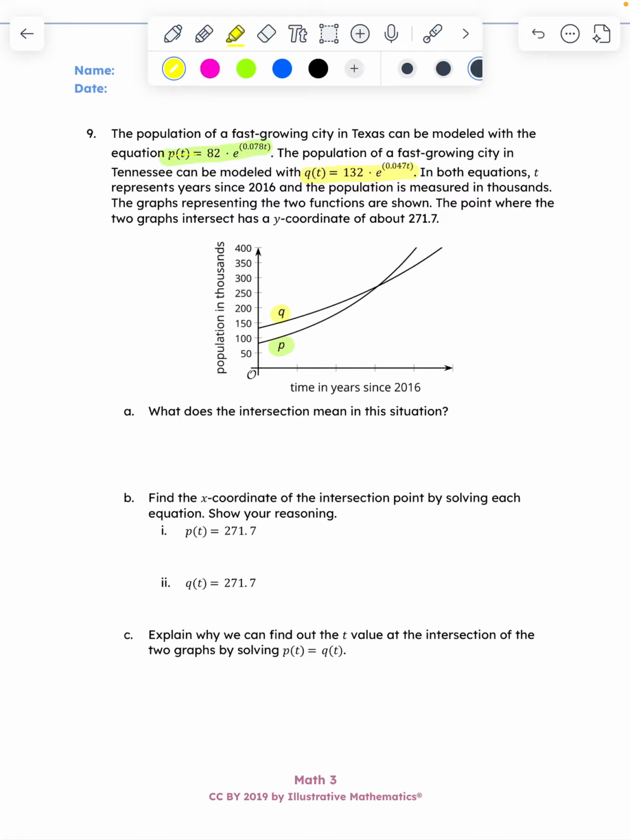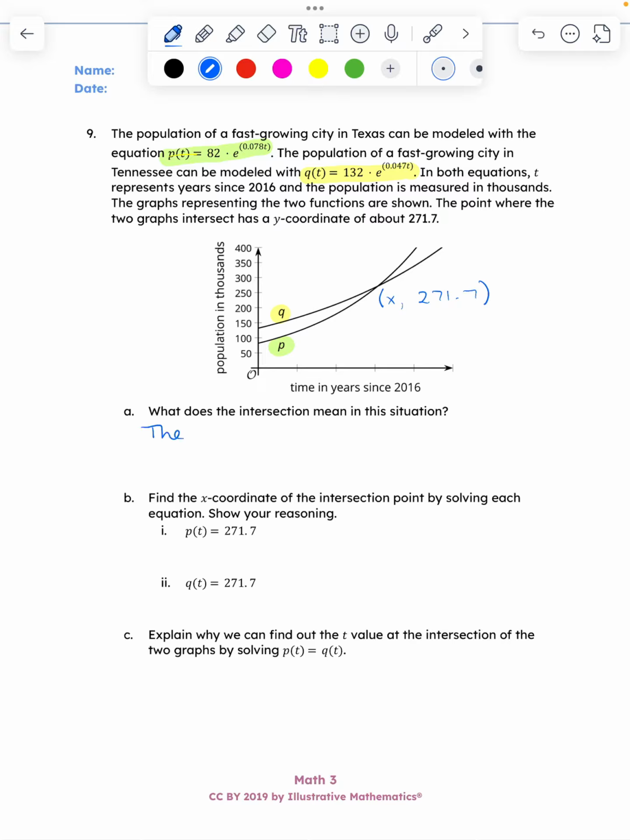The graphs representing the functions are here, and the point that they intersect has a y coordinate of 271.7. So we're in a similar case to our last question, where we can label this point of intersection with y equal to 271.7. So you have both functions and the point of intersection. We have so much to work with. What does the intersection mean in this situation? Well, it means where both of these equations are true, right? Any point of intersection is where both equations are true. And in this case, in the context of our question, it's going to be